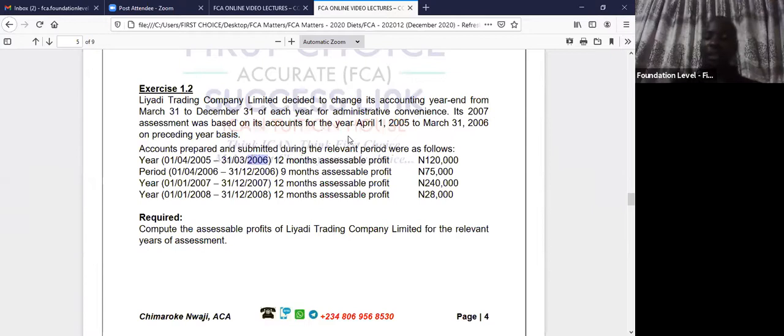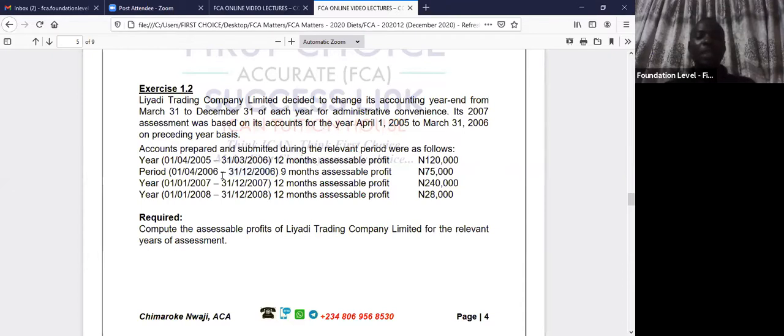That is not our headache. That is not the problem. The problem starts with this period. This period starts the next day, April 1, 2006. But look at where it ends, 31st December 2006. Which tax year is that? It must be 2007 tax year. It means for 2007 tax year, you are charging tax 2 times. The first one was here when you did it well. And the second one was here when you are not supposed to have done that.